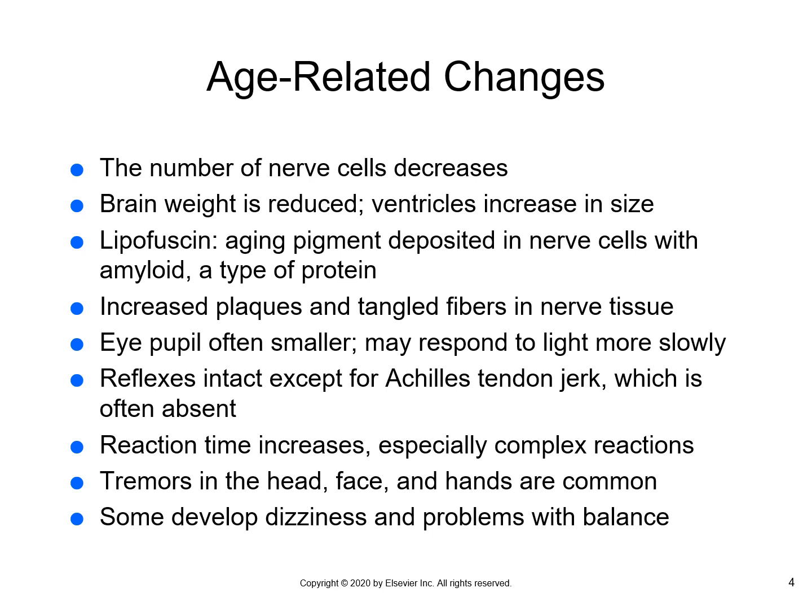Okay, next one, the brain weight is reduced, ventricles will increase in size, lipofuscin, which is an aging pigment, is deposited in nerve cells with amyloid, which is a type of protein. There will be increased plaques and tangled fibers in nerve tissue. The eye pupil will often be smaller, may respond to light more slowly. The reflexes are intact except for the Achilles tendon jerk, which is often absent, and the reaction time increases, especially complex reactions,